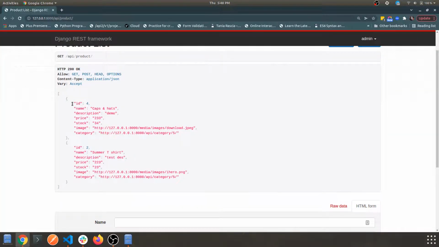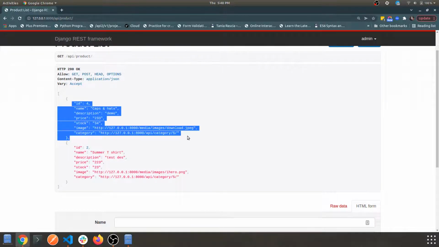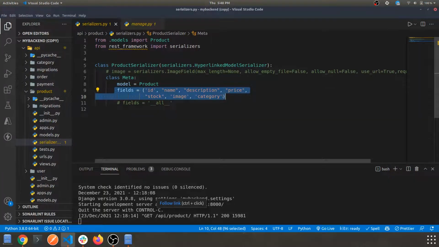This is a bit precise now, right? In order to get the information about created at and updated at, you can just add those fields over here, or else you can just use underscore underscore all, and that should work fine also.